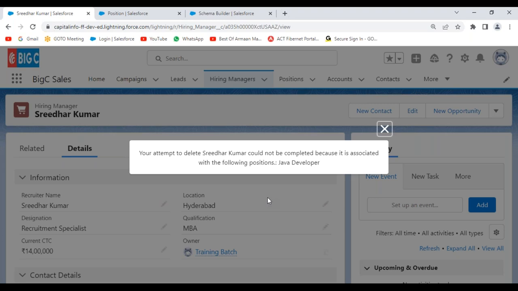Yes, we have to disable that required field checkbox. But I want to continue it as a required field only. I don't want to make it optional. The lookup field should be mandatory, but I want to delete the Sridhar Kumar record. Right,